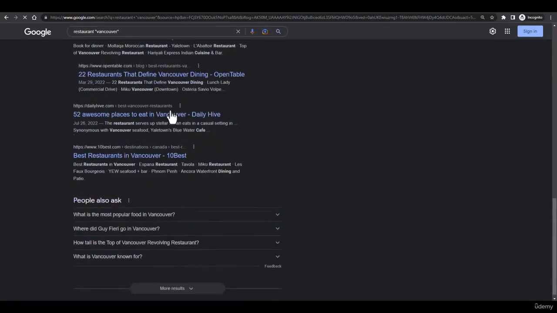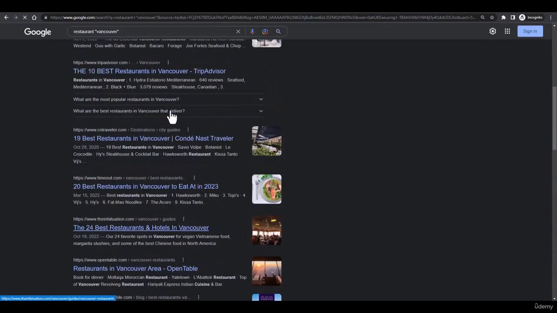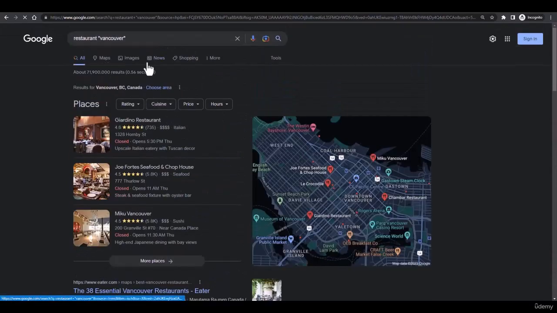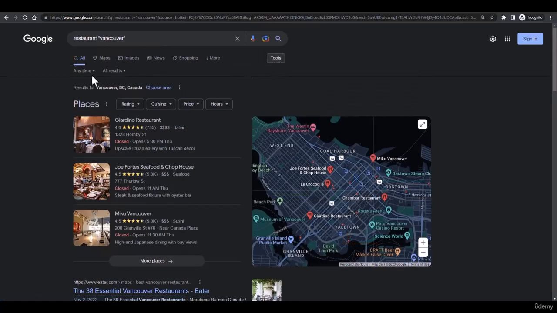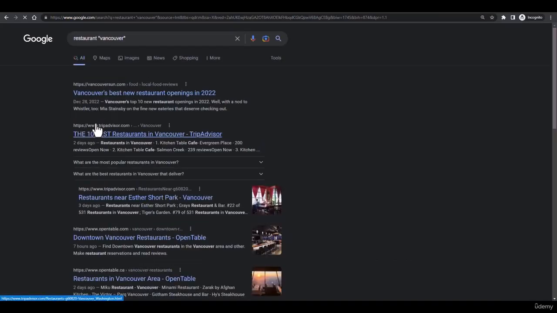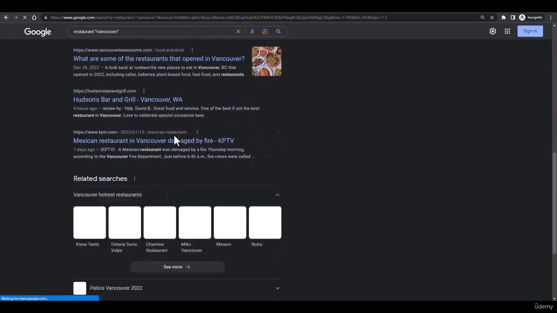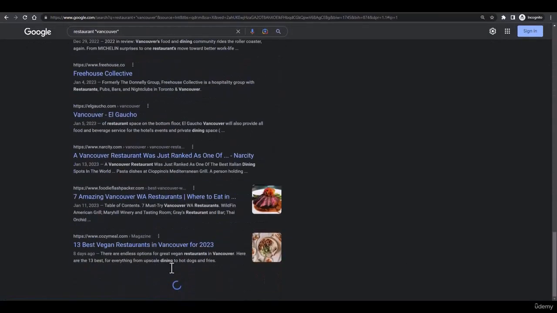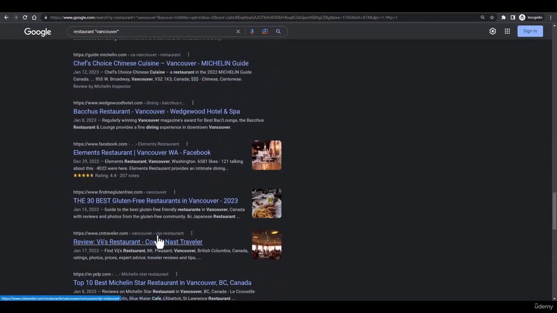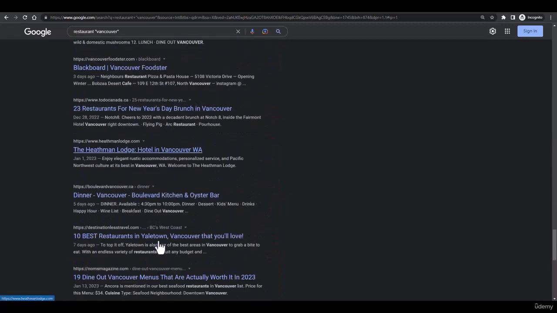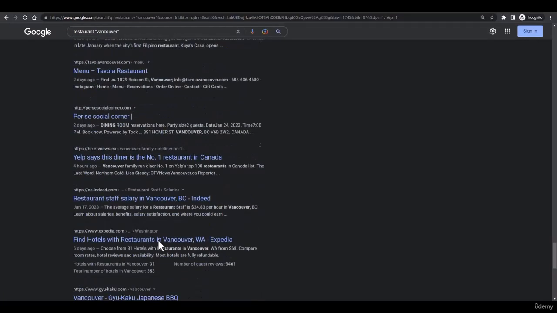Vancouver. After adding it, now the people who are at the top, they would not hire you because they are the experts, they know each and everything. But you can go to tools, you can go to anytime, and you can select the past month. Now when you go to the bottom, you will get a lot of websites who don't have content. Just go to the bottom. Here you will get a lot of them, like this one,